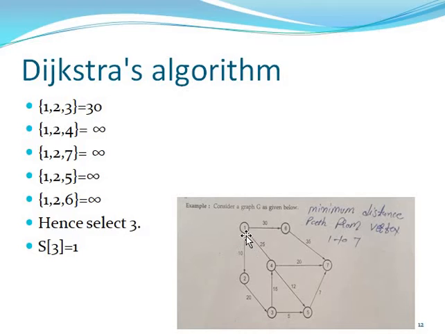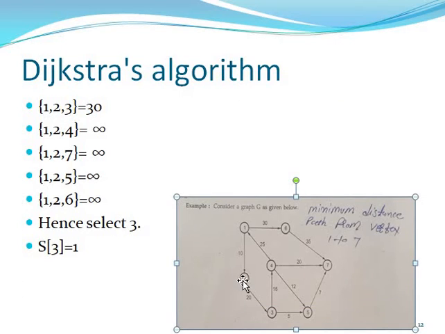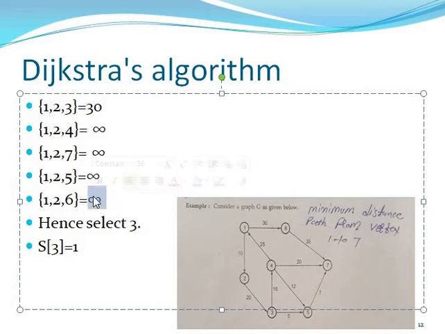So we can go 1, 2 and 3. So the total distance is 13, you can put 13. Then you can go as a point of 7, then you can go to the 1, 2 and 4. It is not possible, it is not connected, then you can put infinite. 1 2 6 is not possible, then you put infinite. 1 2 7 is not possible, you can put infinite. And 1 2 5, all the nodes are not possible, then you can put infinite.